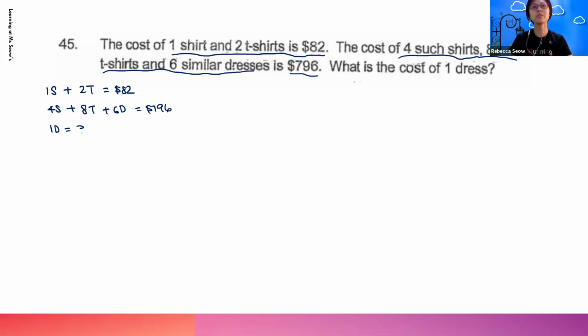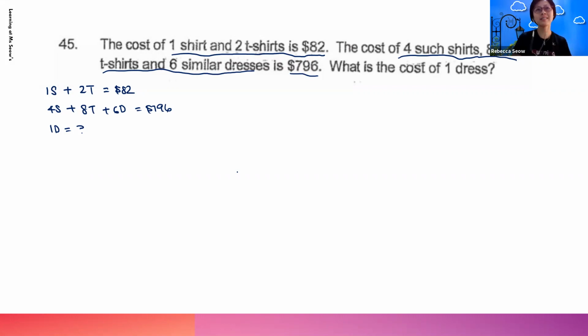So we do not need to look at too many words at once. Based on whatever we have here, actually the first and second lines are useful to us. The third line is the question, so we can't make use of the third line to find our answer. So how do we make use of the first and the second line to find the answer, which is 6 dresses? Let's see. What we can do is look at the 4 operations.